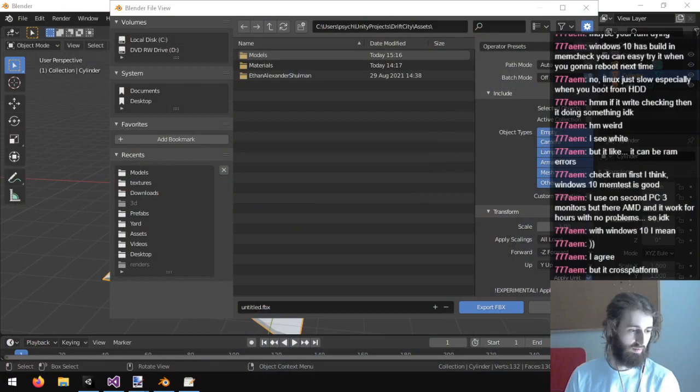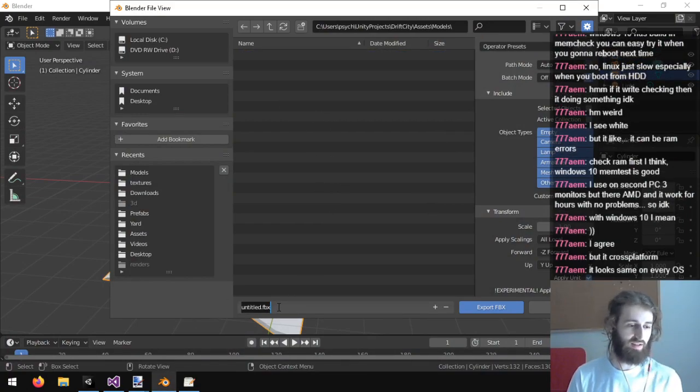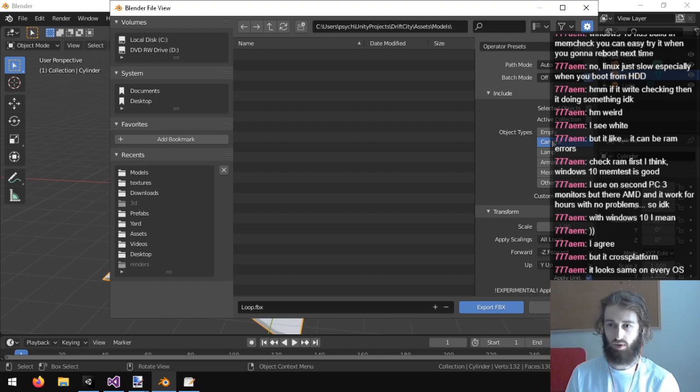Alright, here we are. I agree, but it's cross-platform. It's also such a good piece of software, for the most part.